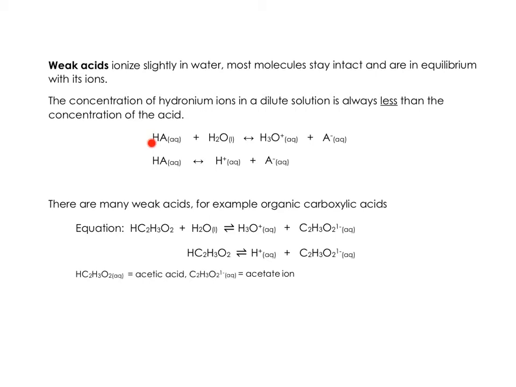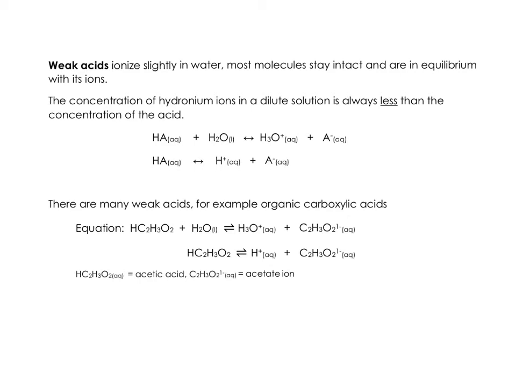So some acid plus water will produce a hydronium ion and the conjugate base, the negative ion that's left from the acid. So that's the formal formula. Here we have some acid, it's in equilibrium, so it's a weak acid. We'll produce a proton and the remaining anion from the acid, the conjugate base. So formal, informal. There are many weak acids, and the most commonly